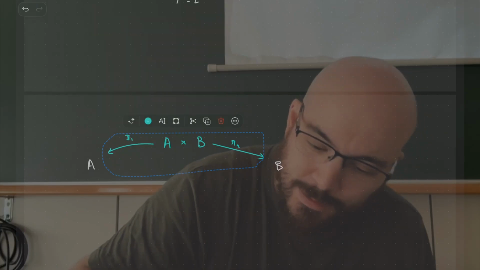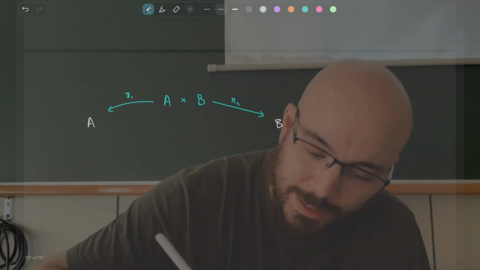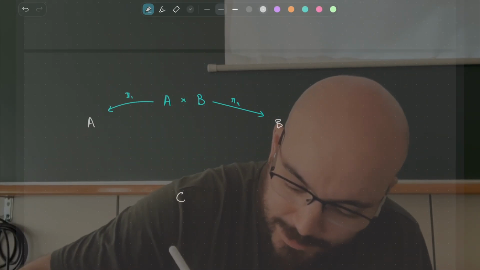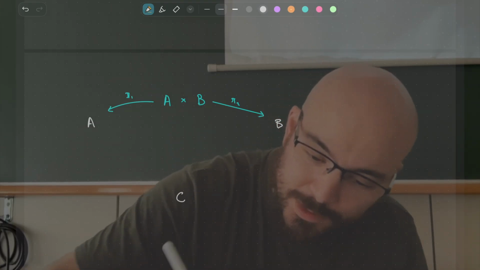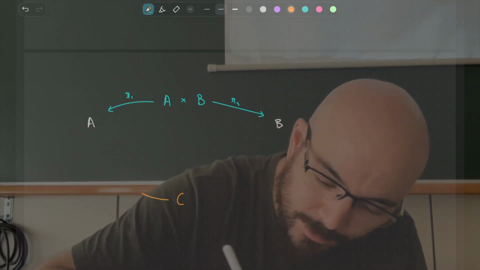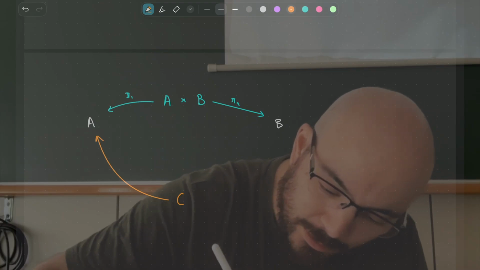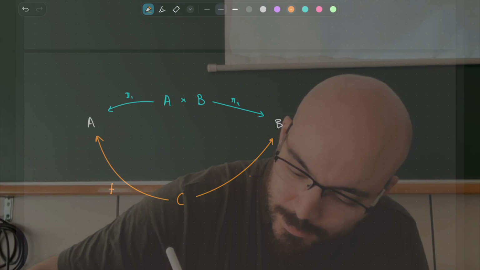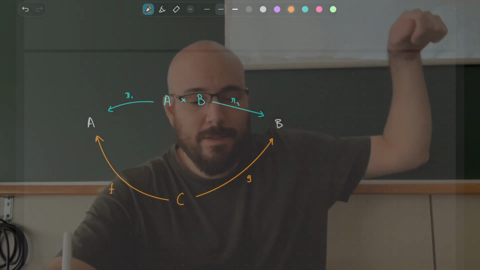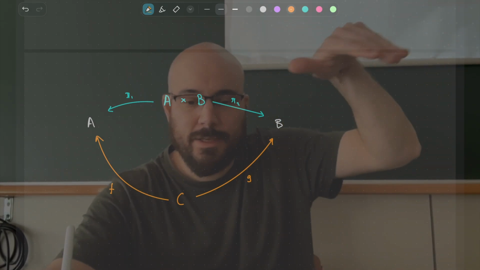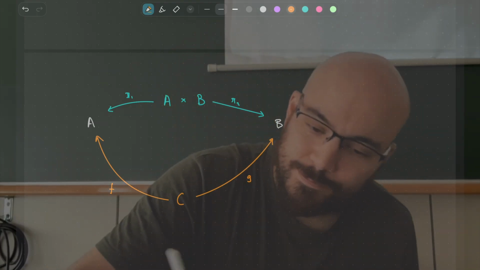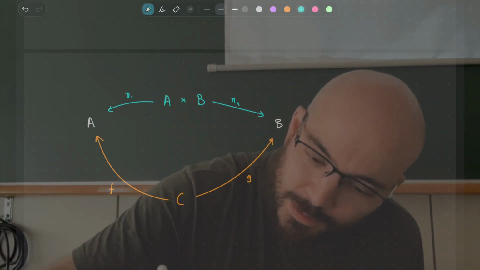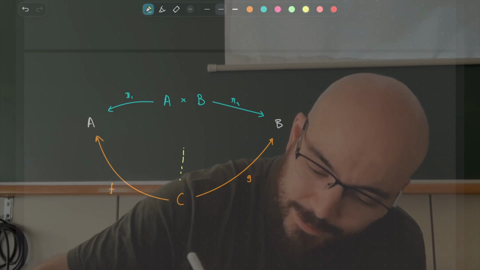And then, I need to have, for any other candidate C, that also comes equipped with two arrows, let's call them F and G, to be generic enough. My product needs to guarantee that any orange thing goes through here in a unique way,